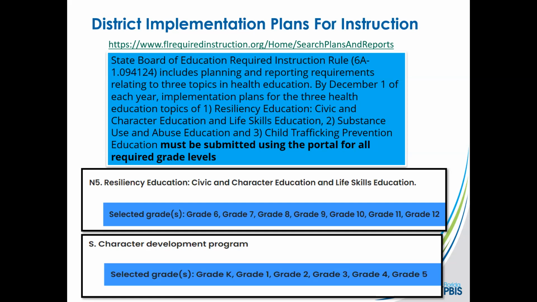There is a statute around our comprehensive health education and aligning in our health standards, some instruction specific to resiliency and character education. So what we've linked here is, it's a nice reference if you are a district person working with a district team, or if you're a school-based person working within your district, you might want to access what the instructional plans are for the district, and that link will take you to the public record where you can see all the instructional plans for selected grade, and depending on what you're looking at, you can get more